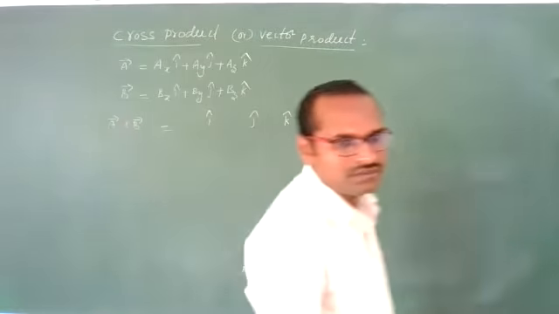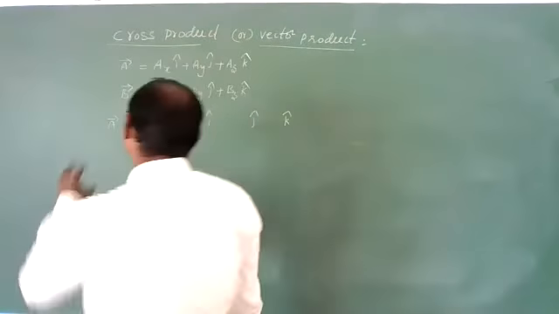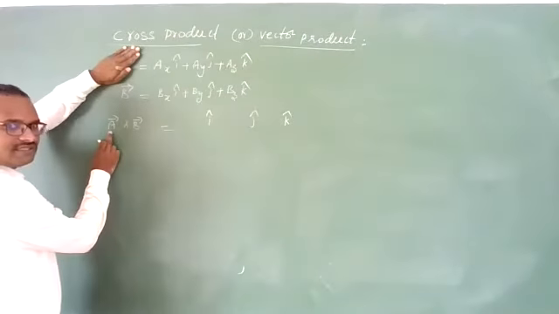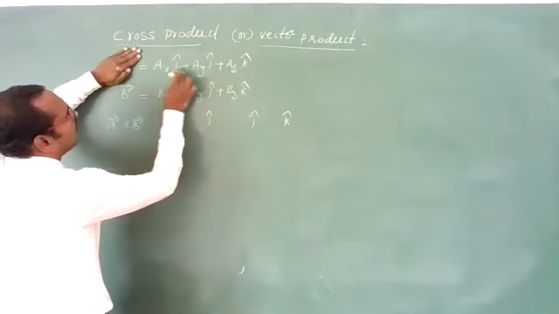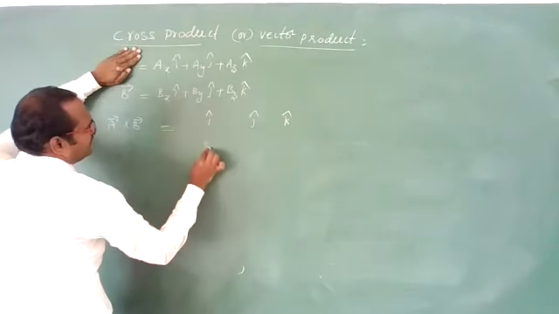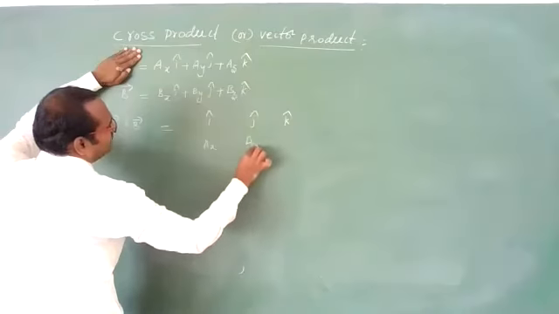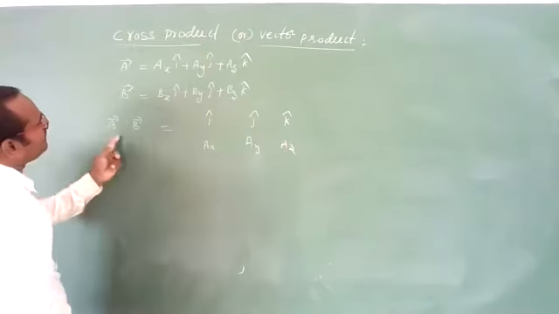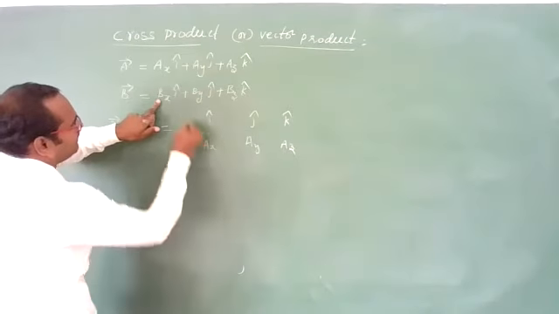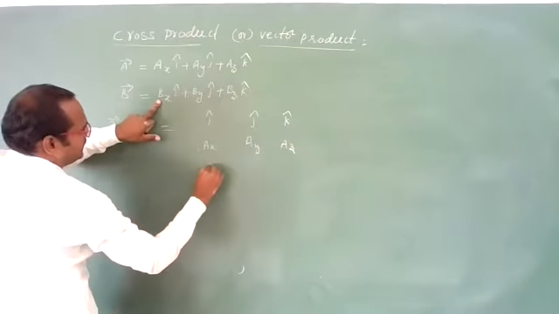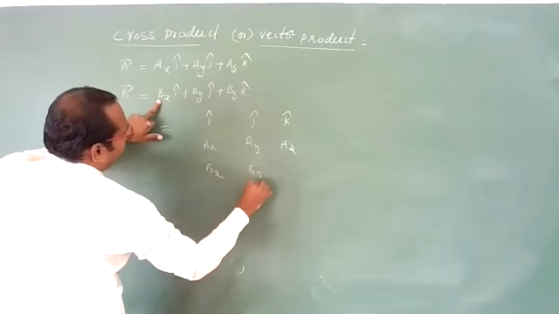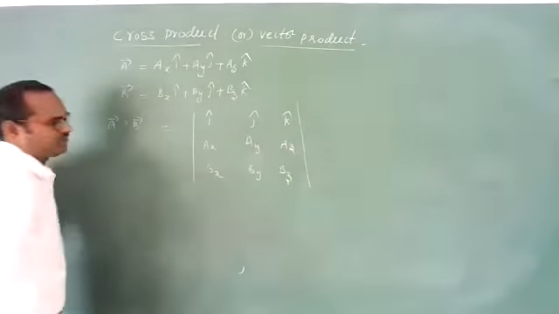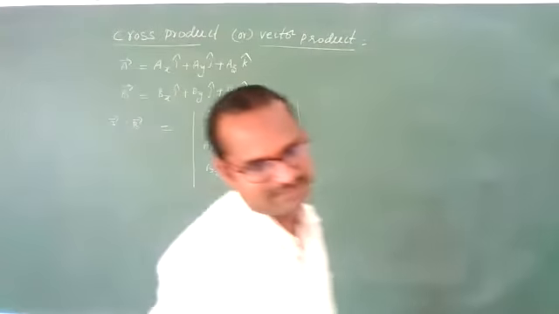Now, what we are doing? We are doing A cross B. So the first vector is A, so the coefficients of I, J, K of the first vector you should write. That is AX, AY, AZ. The second vector is B, we are doing cross B, so the B values, the I, J, K coefficients: BX, BY, BZ. Now take the modulus. Finish. You will get the answer very easily.